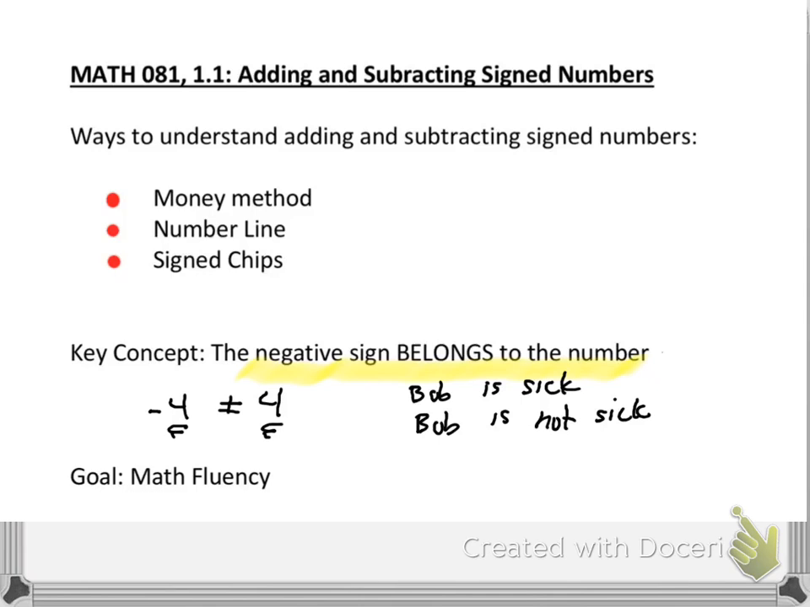Now, the last thing I want to say before I get into the money method is that my overall goal in Math 081 is to increase your math fluency. Now, as I've been teaching